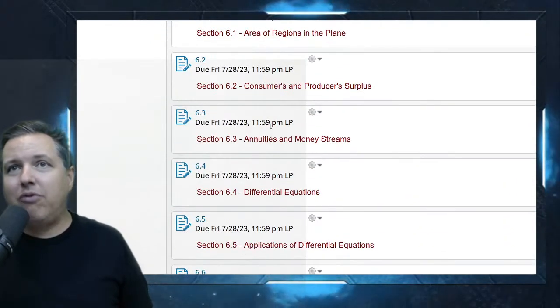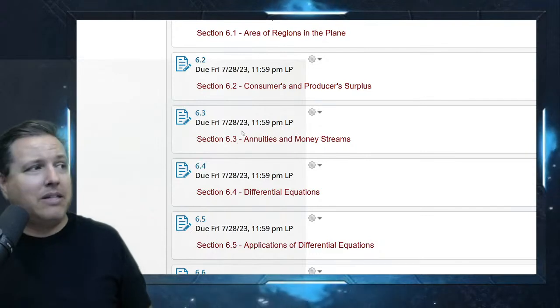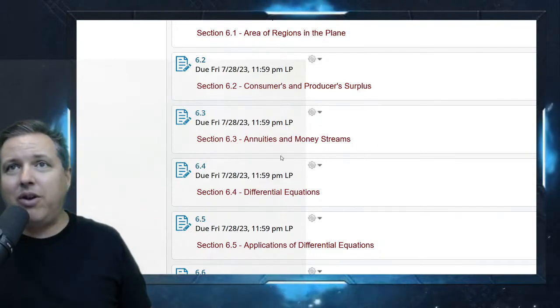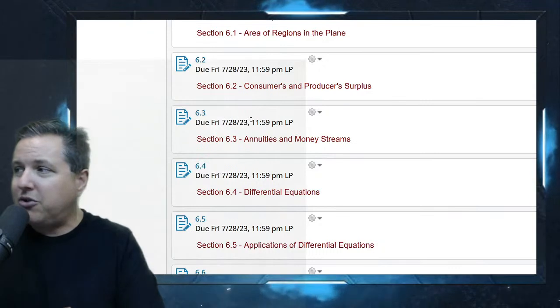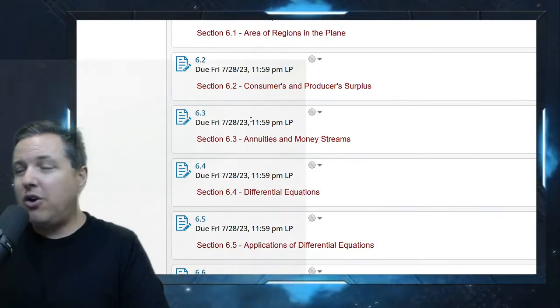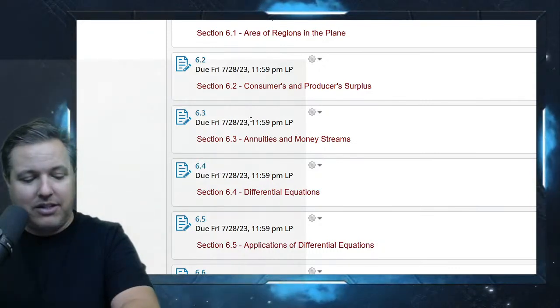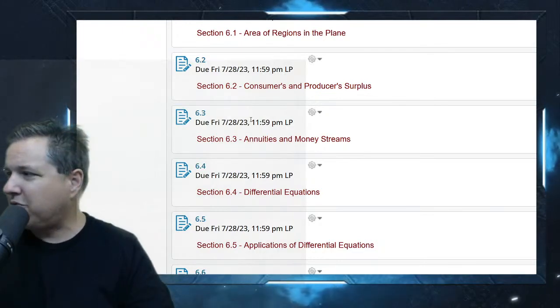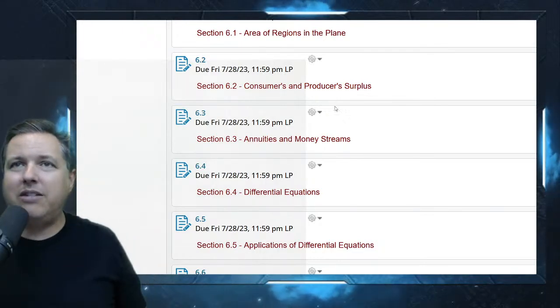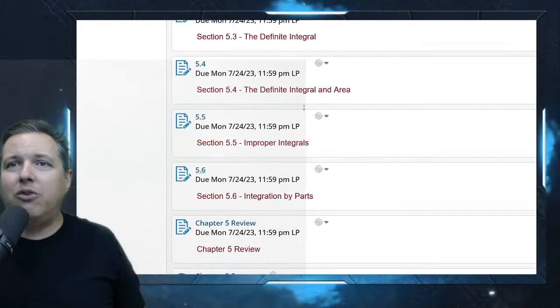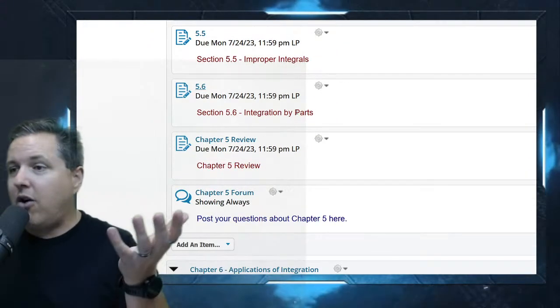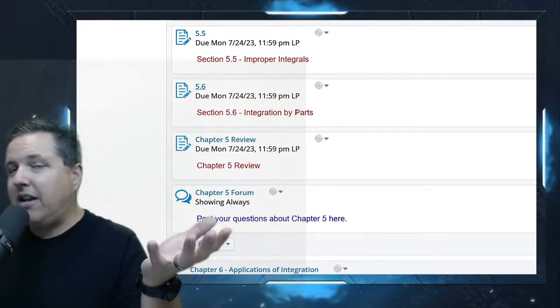There are some pretty rough formulas in business calc. When we get down here to 6.3, annuities and money streams, usually those can have some pretty nasty formulas in them. Formulas for annuities are just rough. I wouldn't expect you to memorize those. But the formula for integration by parts, you just need to know it. You just need to know how to do that,